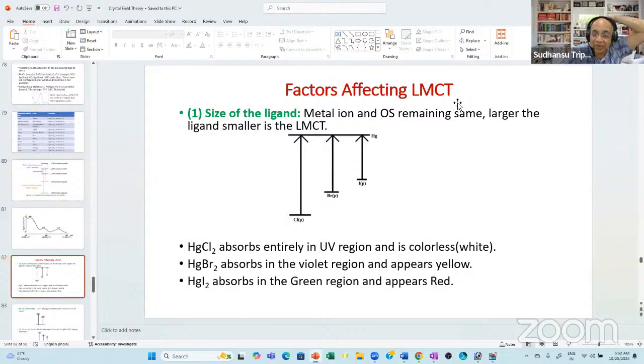The LMCT energy is dependent on the size of the ligand. Chloride takes more energy, which falls in the ultraviolet region. But bromido and iodido, I was talking about titanium tetrabromide and tetraiodido, are colored because their LMCT energy is less, which falls in the visible region. So if the size is more, then the LMCT energy is less, and therefore you may expect it in the visible